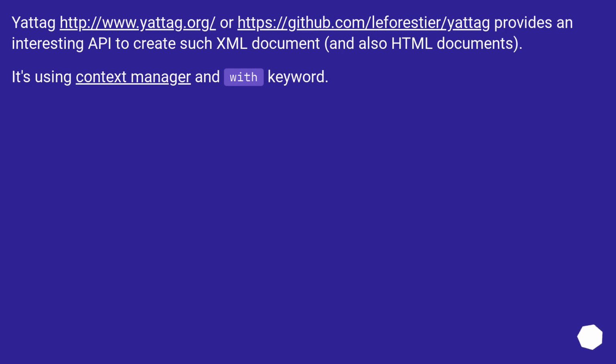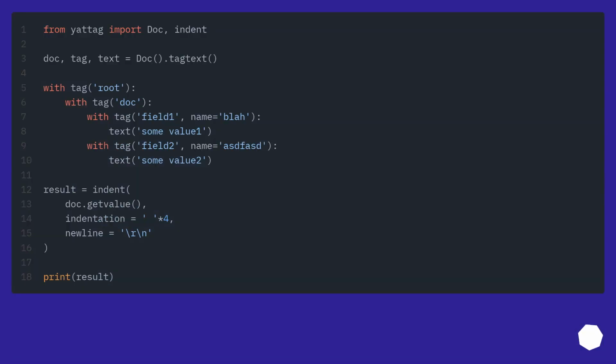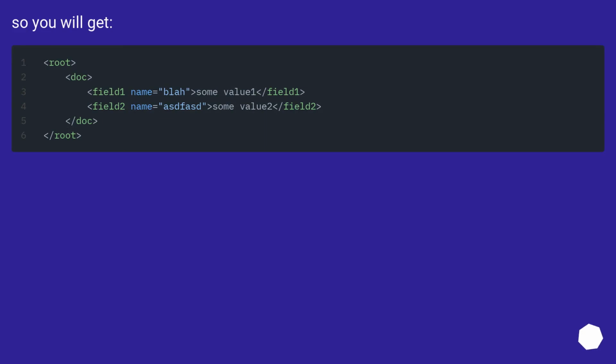Yattag, this URL, or this URL, provides an interesting API to create such XML documents, and also HTML documents. It's using a context manager and the with keyword. So you will get